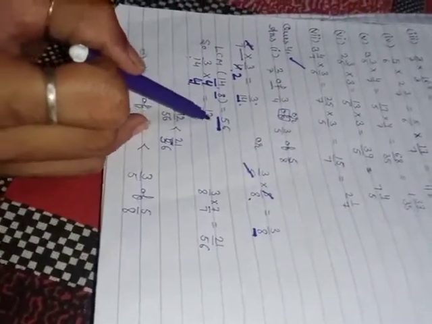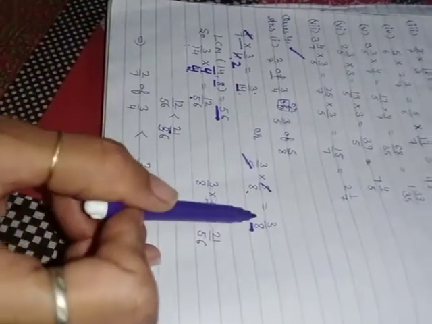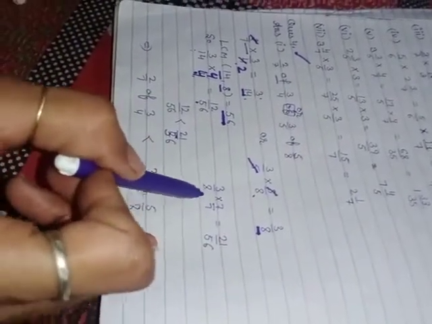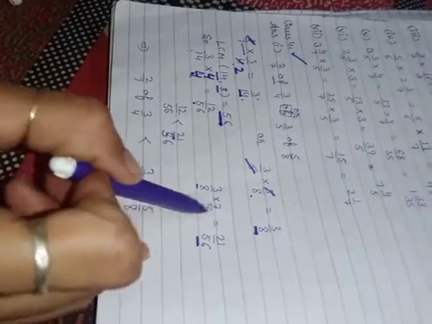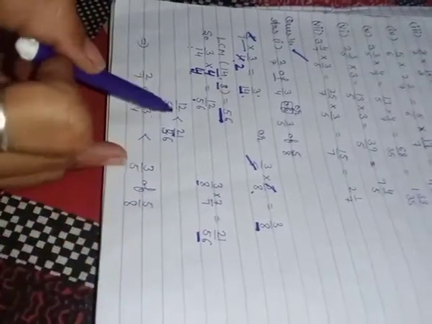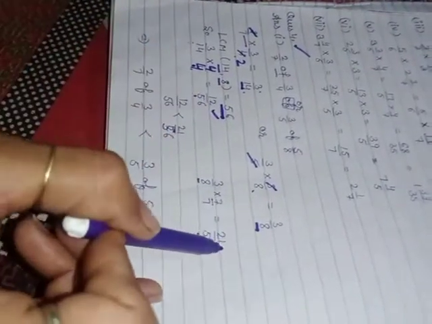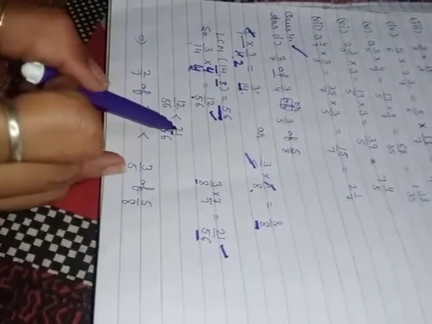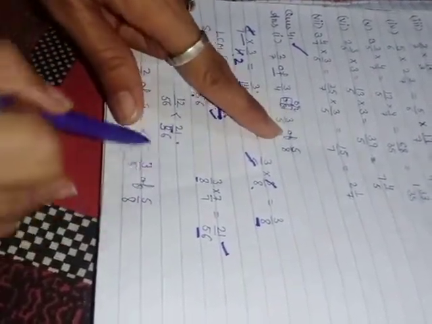So that will be 12 by 56. Same thing here. Multiply with the 7, so that it changes into 56. That is 21 by 56. So compare which one is greater, 12 or 21. You get 21 is greater, so this term is greater. The second part is also the same.